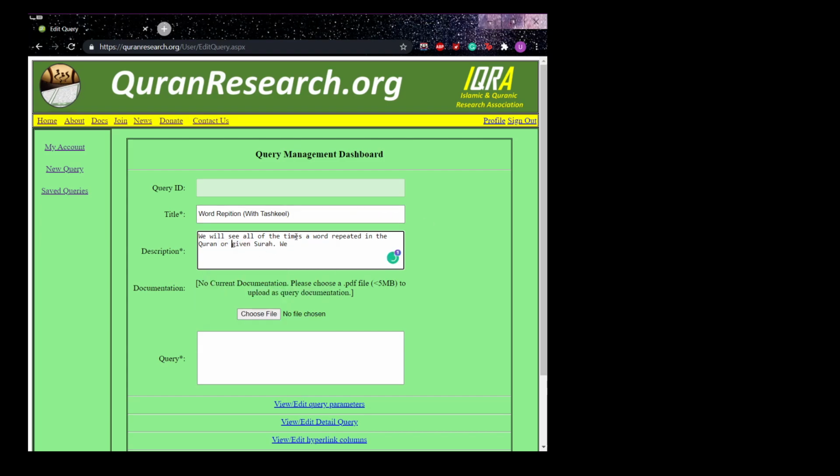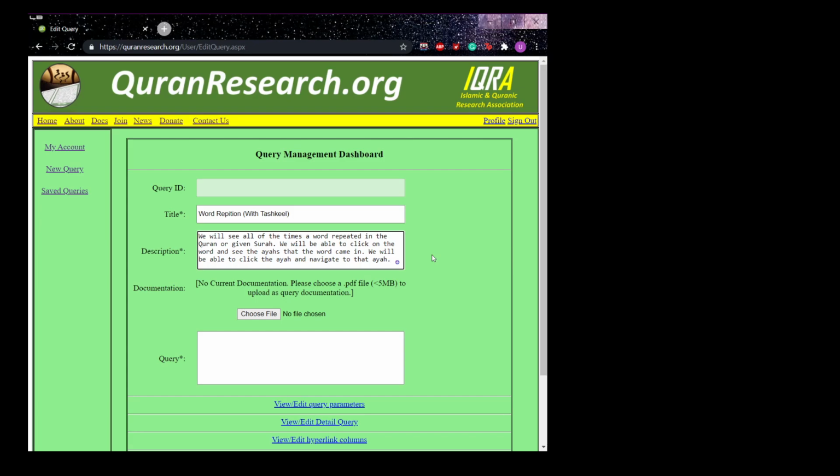We will be able to click on the word and see the ayahs that the word came in, and then we will be able to click the ayah and navigate to that ayah. So wow, this is a very long description, but hey, it's telling us everything that query does,